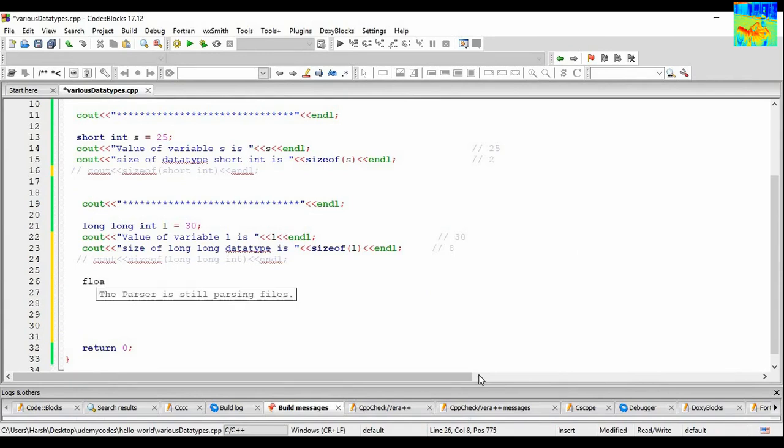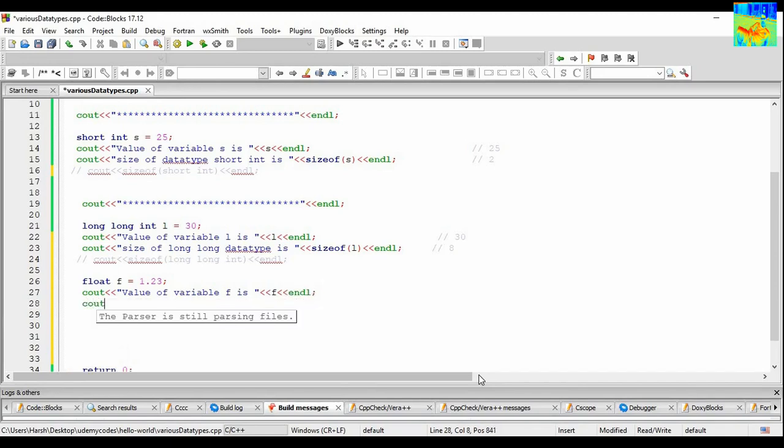So float f equals 1.23. Now first of all, let us print the value of f. Cout value of variable f is cout f, and then end line. Okay, so now let us print size of float data type.